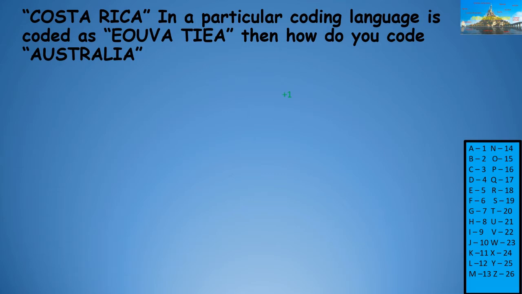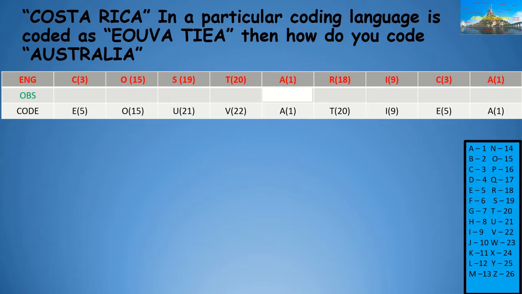At first we organize it in a table, with the top row being that of the English alphabet, the bottom row being of the code which is for them, and the observation in middle where we'll denote whatever observation we made. So if you see, the difference between the English letter and its code is 2 in the first letter. In the second letter, the difference between the English letter and the code is nothing, because the O is still O. So here we can note our observation or difference as 0. Similarly, we use that logic for the rest of them.